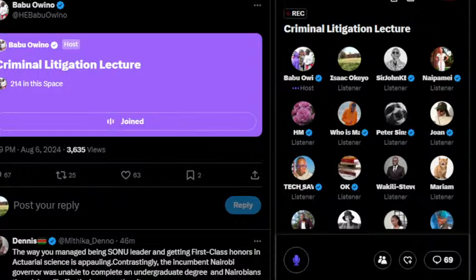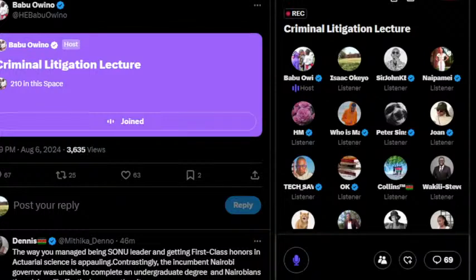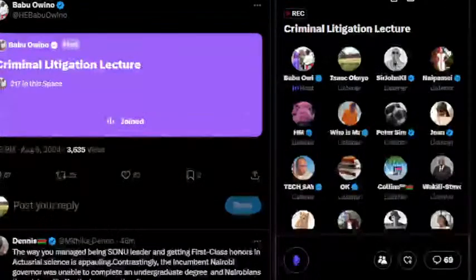And the notice of motion, of course, you write the name of the court. Then after that, you write the parties. Then you write notice of motion. Then you start. Notice that this honorable court shall be moved on dash day of August 2024 at 9 o'clock in the forenoon or soon thereafter for the applicant, the person applying, for the advocate for the applicant, to be heard on the following orders.